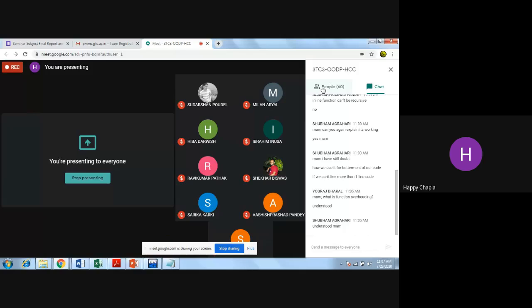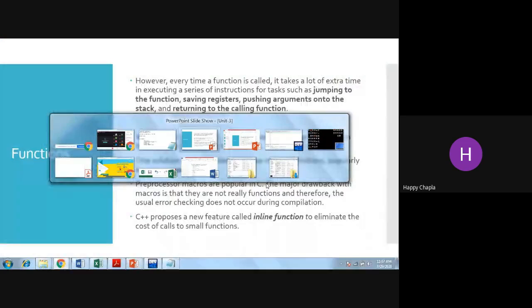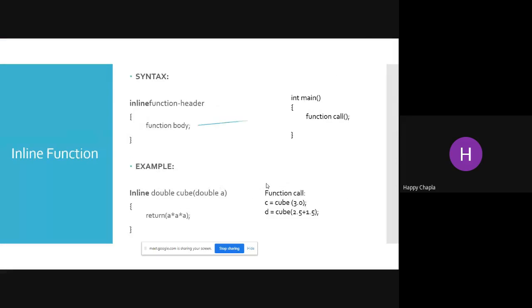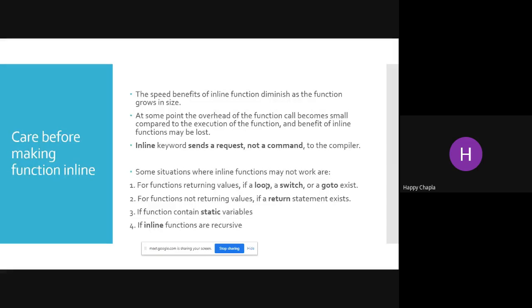In which situation can you not use inline? Here are the situations where inline functions may not work: functions returning values, or if a loop, a switch, or a goto exists.